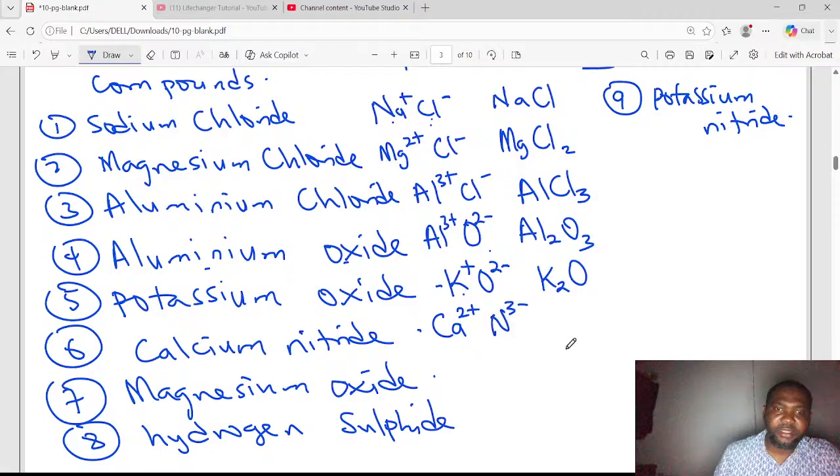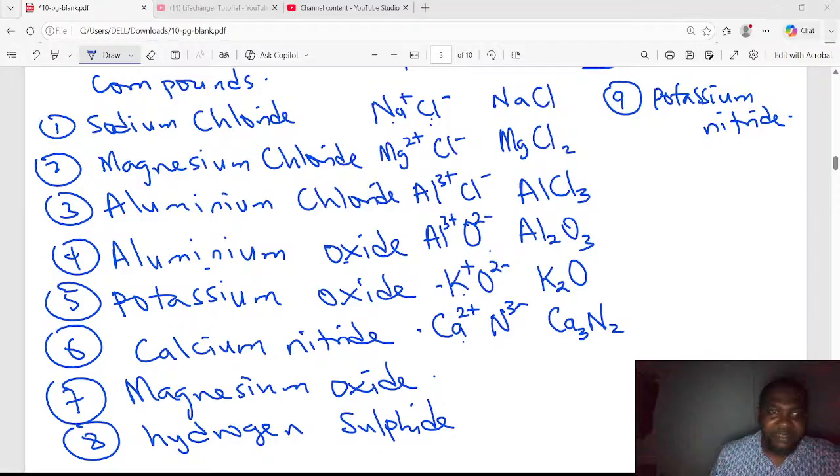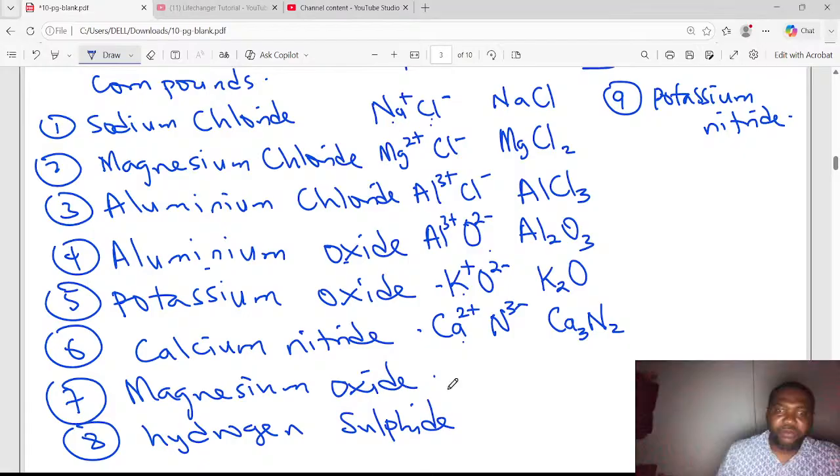If I want to write the formula of calcium nitride, it will be written as Ca3N2. 3 will go for calcium, 2 will go for nitrogen. So this is how you write calcium nitride. Are you seeing this? And I like the fact that many of you are getting the gist. Okay, so that's calcium nitride. Then when we say magnesium oxide